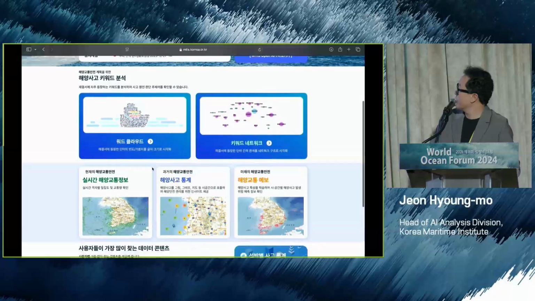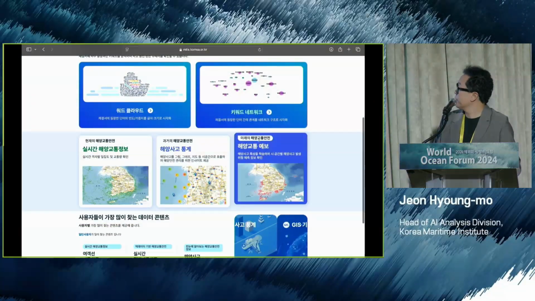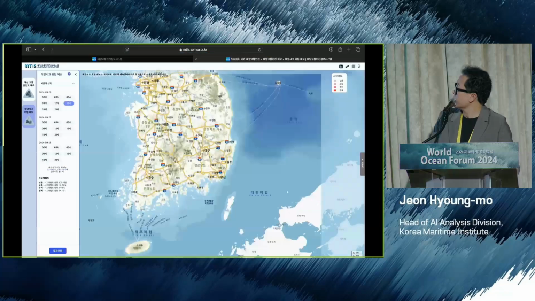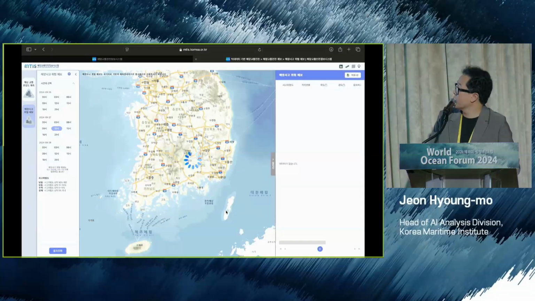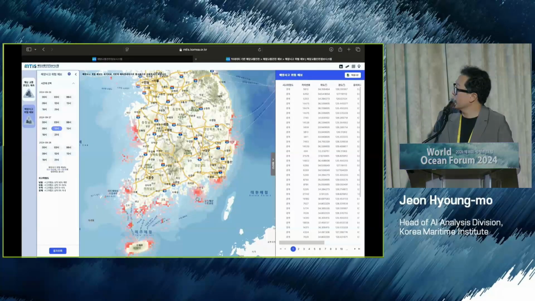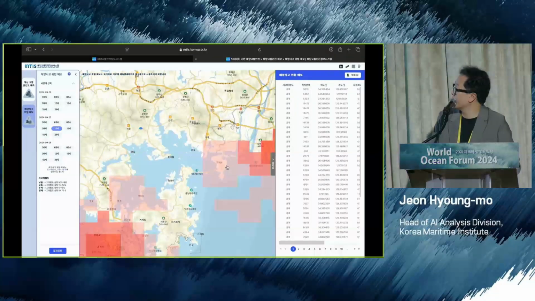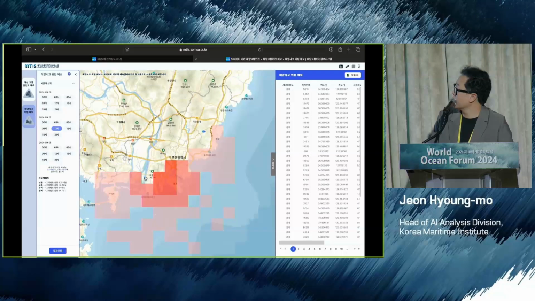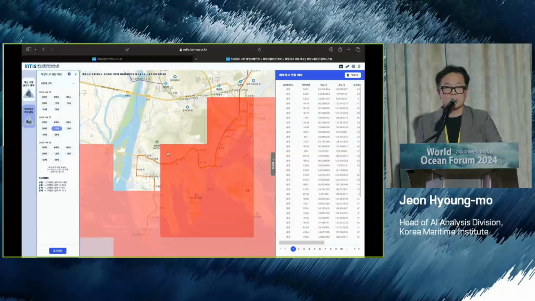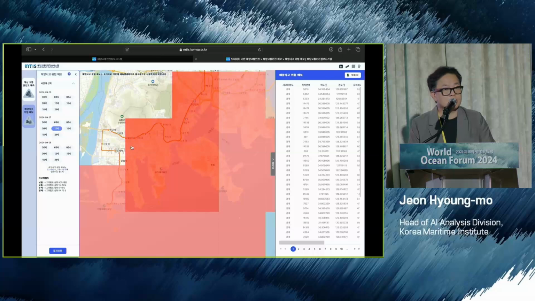This is the traffic forecast. If you click the ocean forecast, traffic forecast, select a certain time and date and see the forecast result, the traffic volume and accident rate are displayed like so.